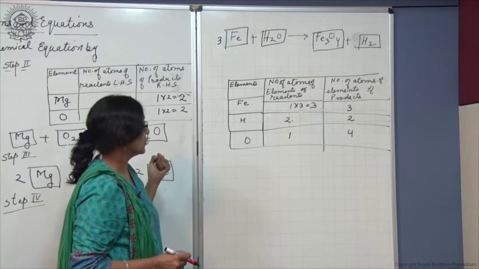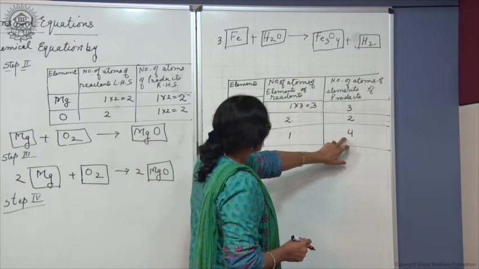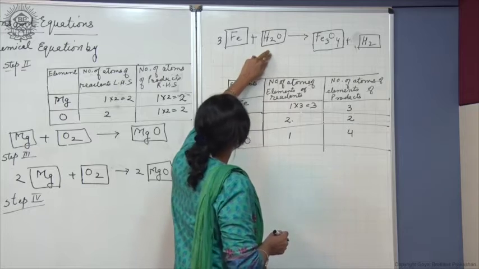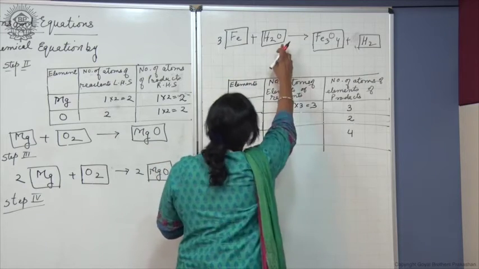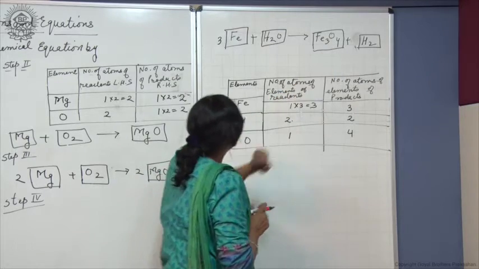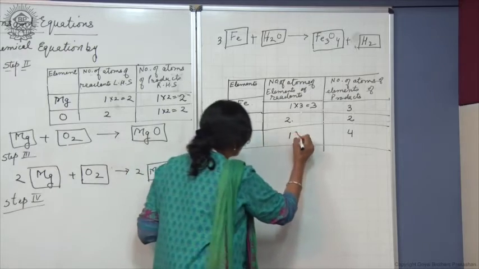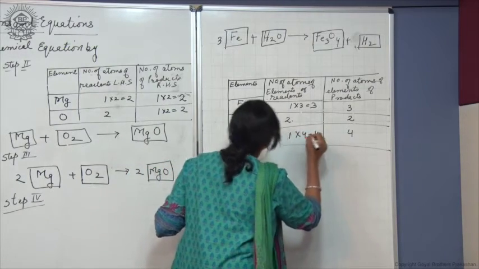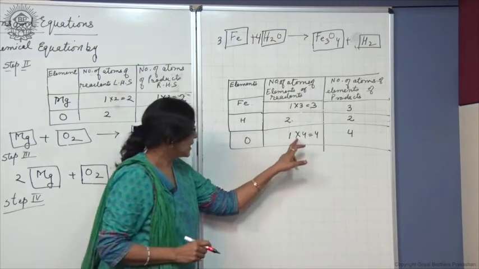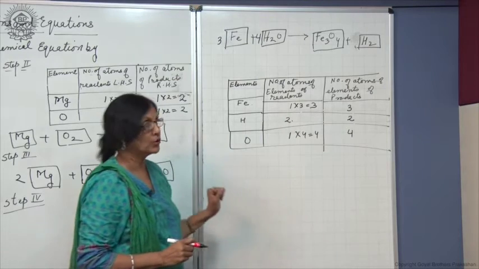Now, oxygen atoms, let us see. Oxygen atoms on the product side are 4 and here it is 1 only. How to make them equal? By multiplying it by 4. So if we write 4 here, we can see that the oxygen atoms are also equal on both sides,